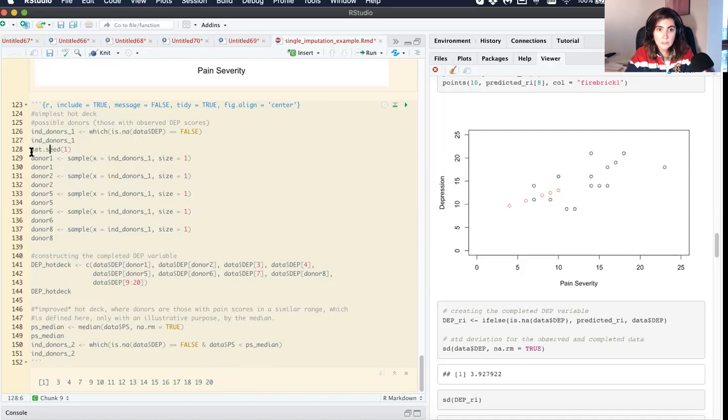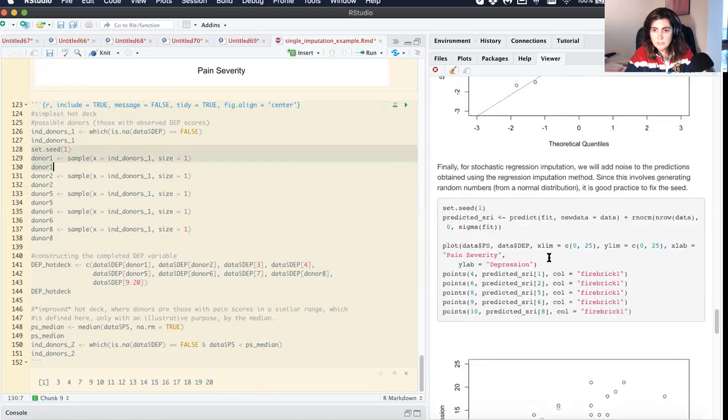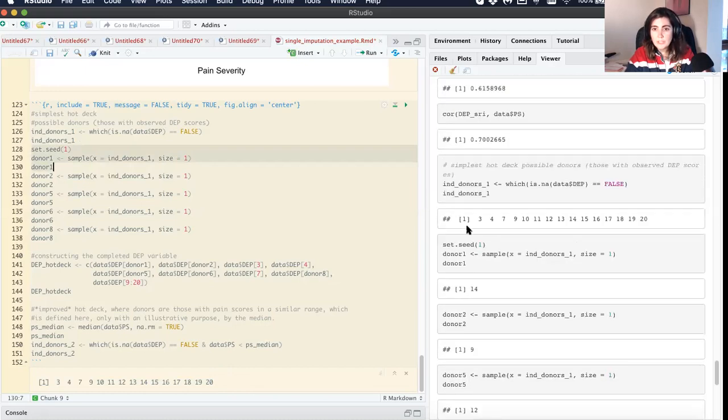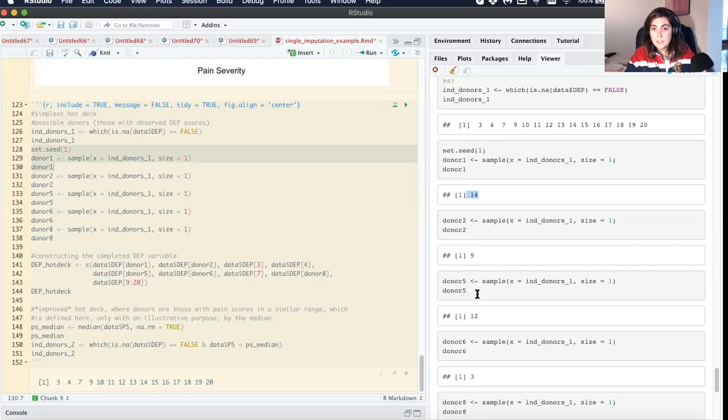So if I do this, or better look here, because I fixed the seed, I know that the donor for the first individual with missing values will be individual number 14. So we will pick up the depression score from individual number 14. For the second subject with missing value, we will pick up the depression score from individual number 9, and so on and so forth for the other 3 individuals with missing values. And okay, this is the simplest version of the hot deck,